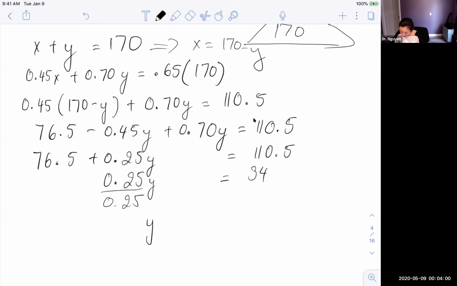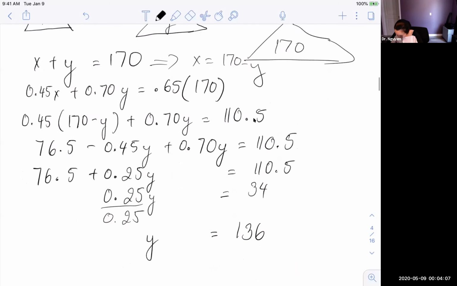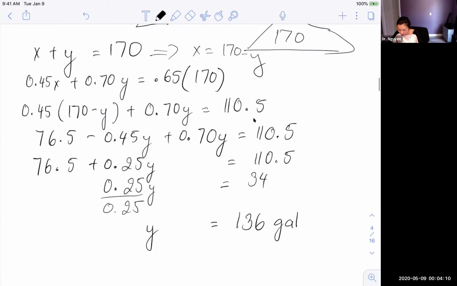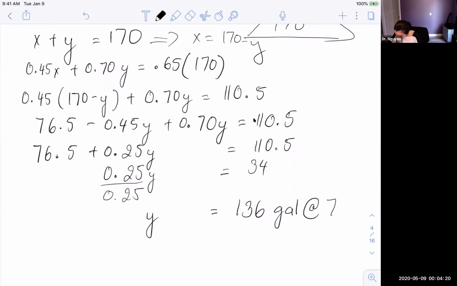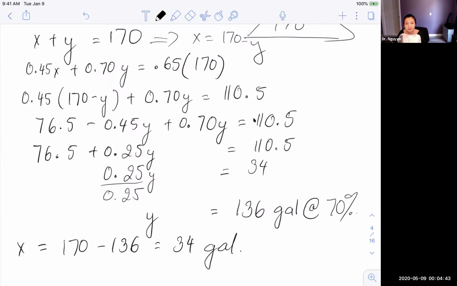Okay, so y is 136. Let me see the units, gallons. Okay, and y is the second brand, which is the 70% anti-freeze. Like I said, if you make a mistake, let's say you calculate it and the answer comes out to be a negative number, that doesn't make sense, right? So now from here, we have 170 minus y, which is 136, so the first brand is 34 gallons. Okay. All right, moving on to the next application